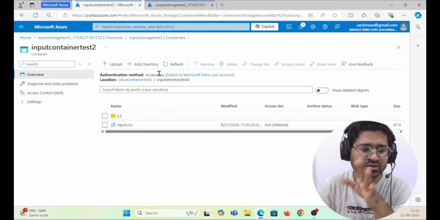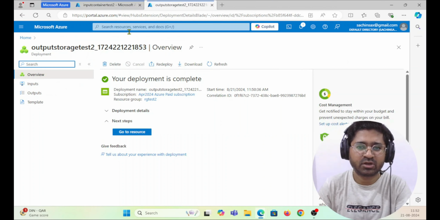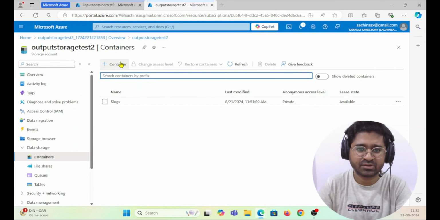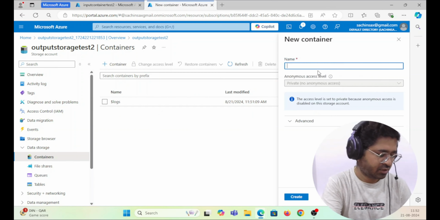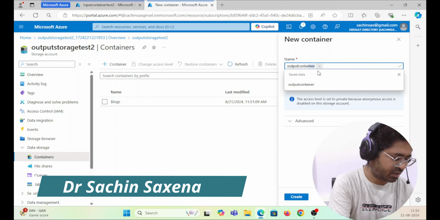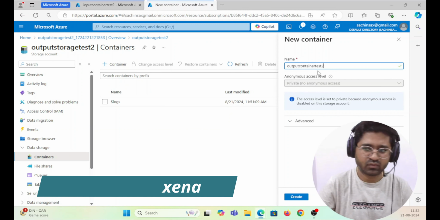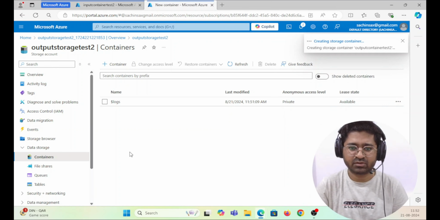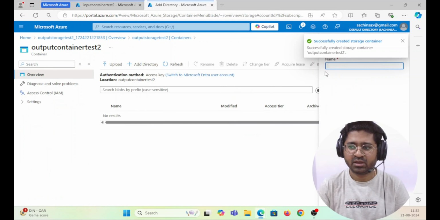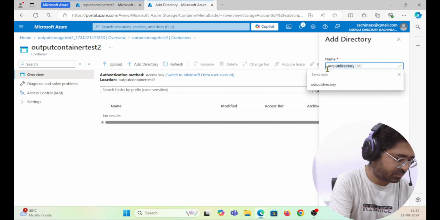So this was done for the input storage. Now I'm going to click on this output storage. Inside this output storage, I'm going to create containers. So I'm going to create output container test2. So this is going to create, and inside this output container, I'm going to create an output